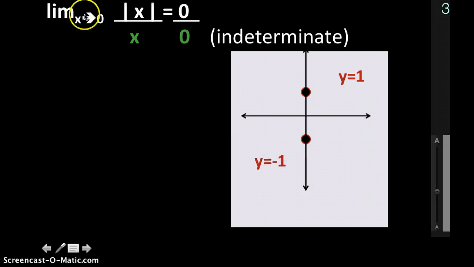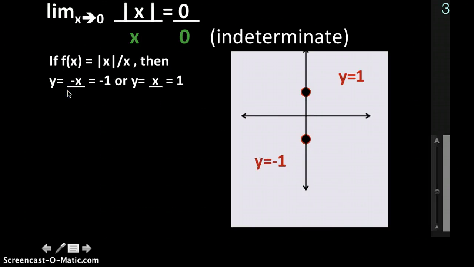And that brings us to the absolute value of x over x, which with plugging in 0 gives you 0 over 0. Now what we want to do is split the absolute value of x into two separate statements. One is negative x over x, and the other is positive x over x. Well, those both give you either negative 1 or positive 1, one way or another. So you'll notice down here, y equals negative 1 is this one. It reduced nicely. And this one is y equals positive 1. You can see that as you approach from